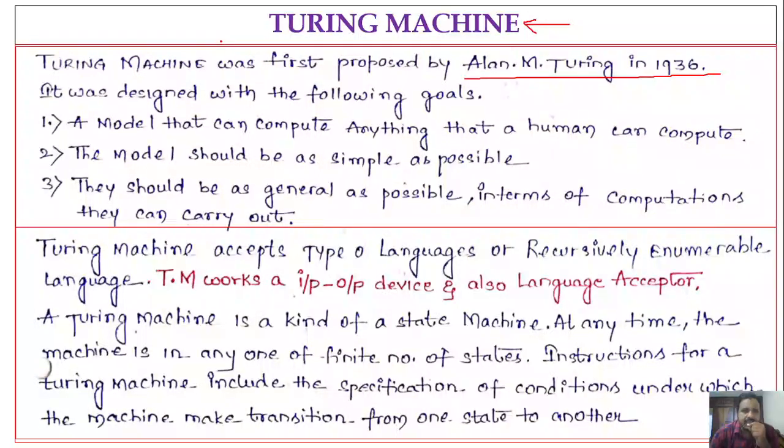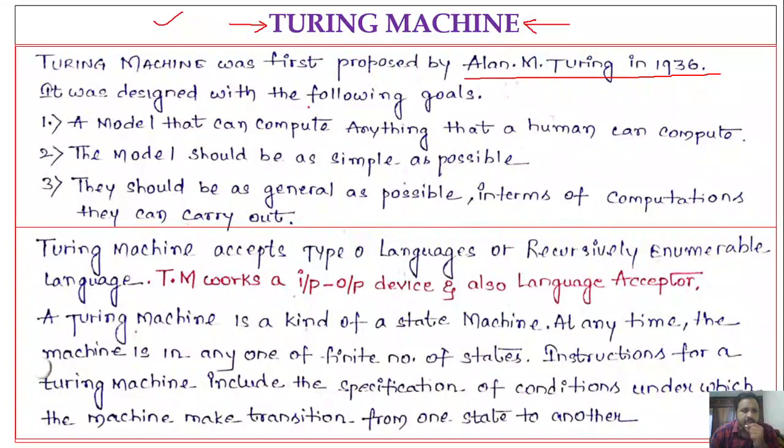The reason I am saying that the Turing machine is a more powerful automaton is that it can accept any type of language, and moreover it can perform any computation. We will discuss both things clearly in the coming session. For the time being, remember that it is the most powerful. Why? Because it accepts more complex languages, and it performs the computations too.